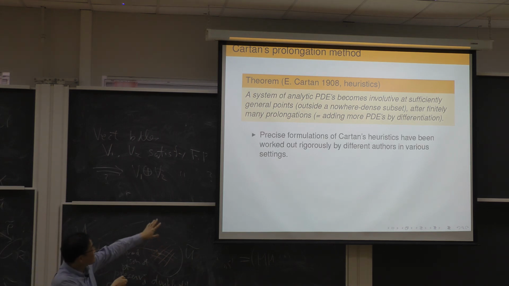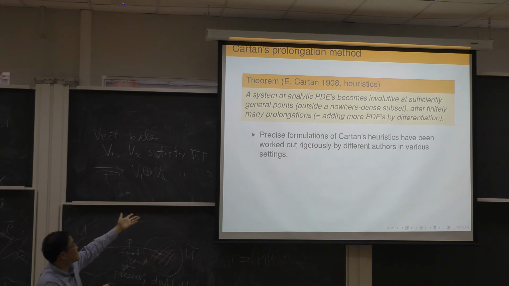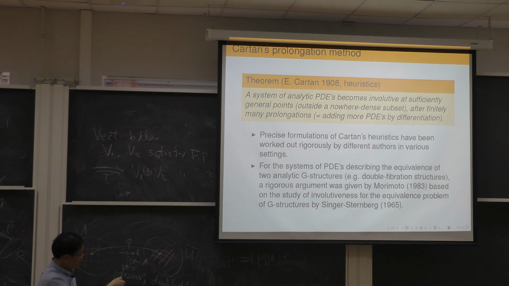And this is just a claim or just a prediction. But many people worked it out rigorously in many settings. In particular, for our purpose, for systems of PDEs describing equivalence like this, equivalence of G-structures. A double fibration is a special case of G-structure, and for equations describing equivalence of such structures, Morimoto